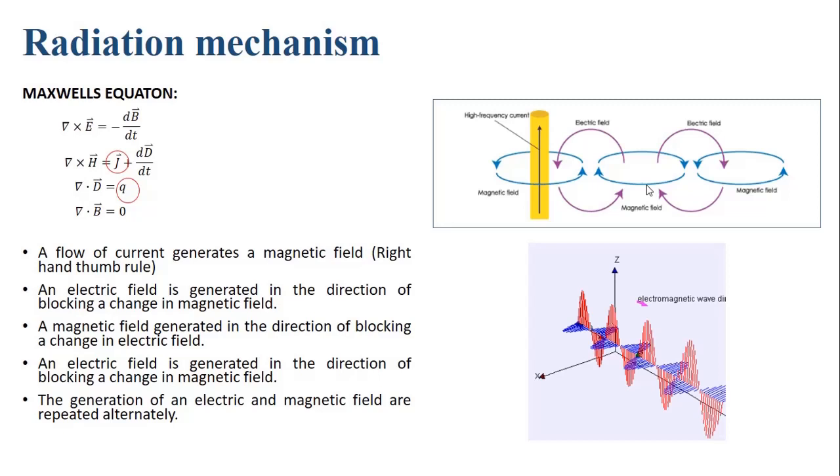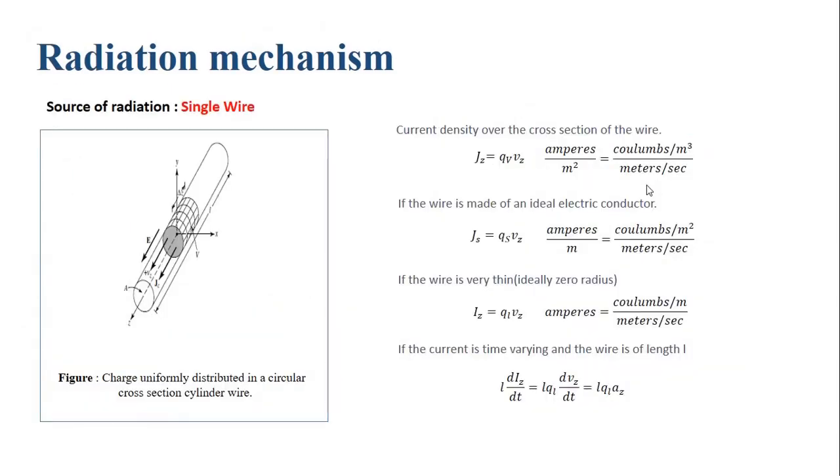Now let us see different sources of radiation. Let us consider the source of radiation to be a single wire as shown in the figure. Let us assume the electric volume charge density represented by Qv, which is in coulombs per meter cube, and it is distributed uniformly in a circular wire of cross-sectional area A and the volume V. The total charge Q within this volume is moving in the Z direction